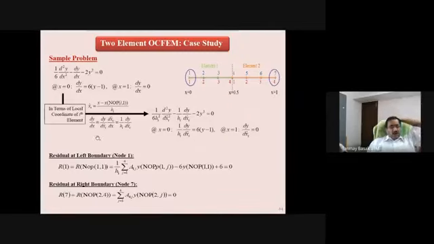And what is that? dy/dx is nothing but dy/dx hat times dx hat/dx, and if you take the derivative dx hat/dx, you get 1 by hi. Finally your dy/dx will be replaced by 1 by hi into dy/dx hat. So d2y/dx square will be 1 by hi square, d2y/dx hat square, minus 1 by hi dy/dx hat, and minus 2y square.